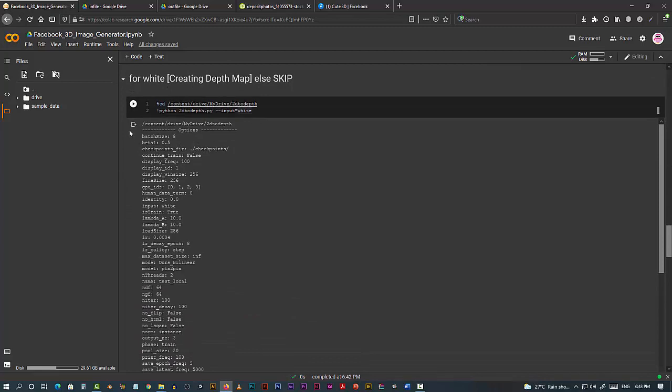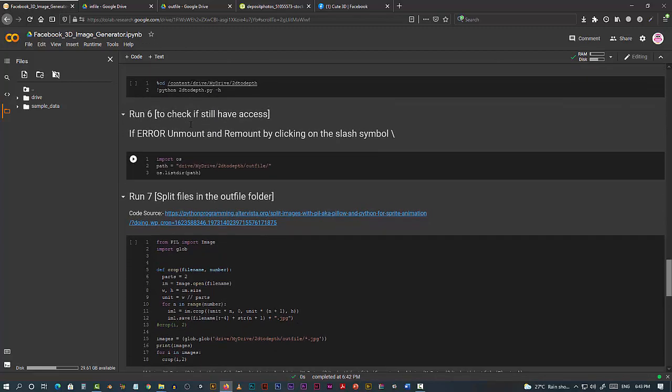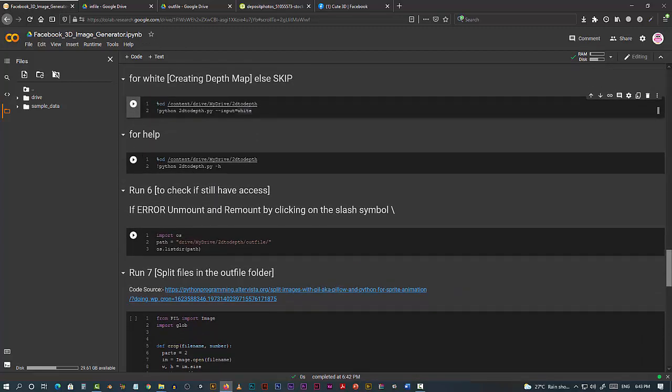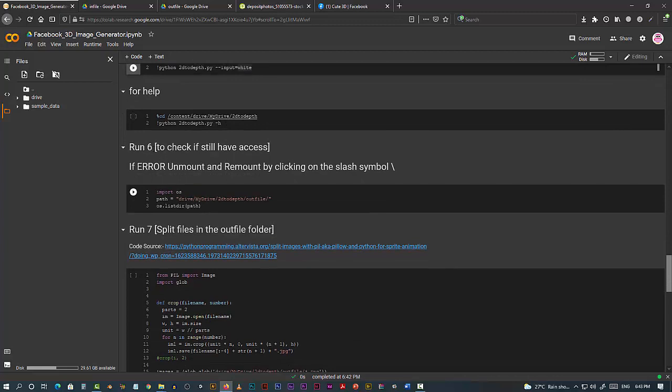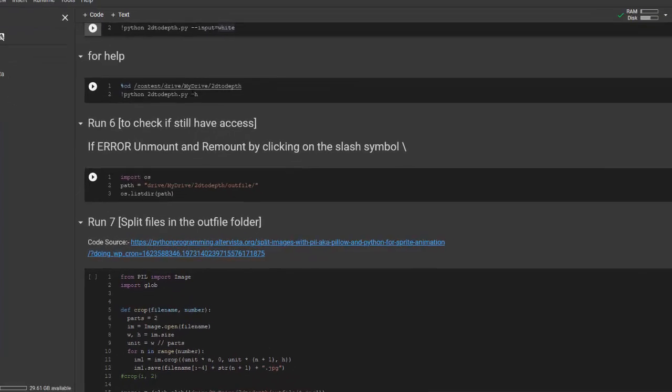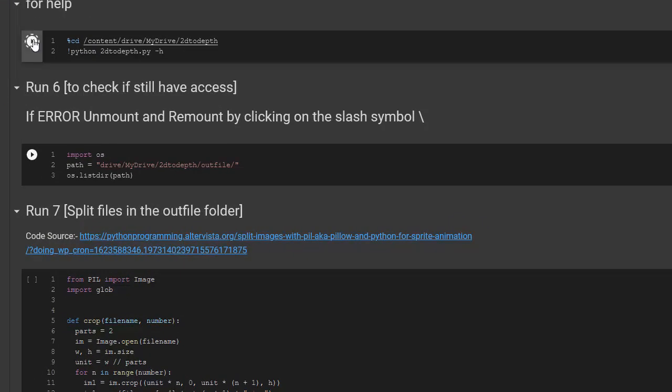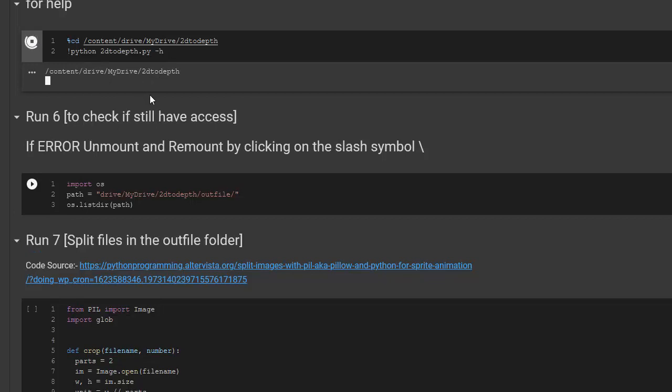Let's just clear it out. This is the help part. If you want to know more about this 2D depth command, you can just run and see how it looks like. You can get a lot of different samples of code that you can use.